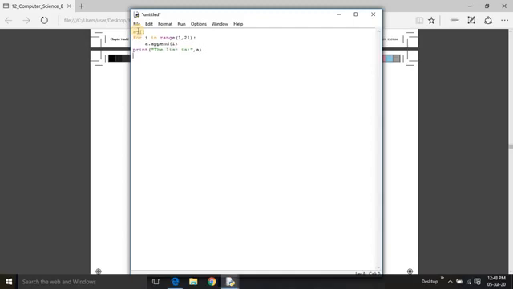Then what we have to do, for every element in the list, it has to check if the element is divisible by 3. If that is divisible by 3 and the remainder is 0, it means we have to remove the element from the list.